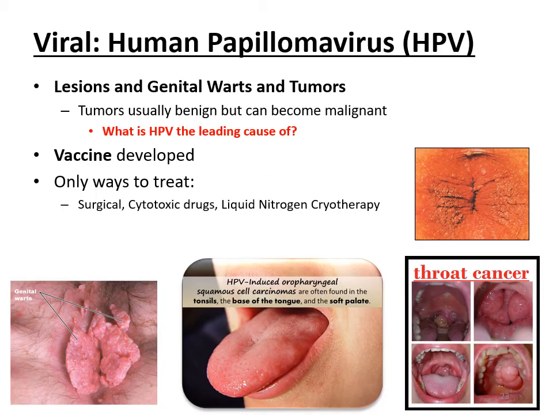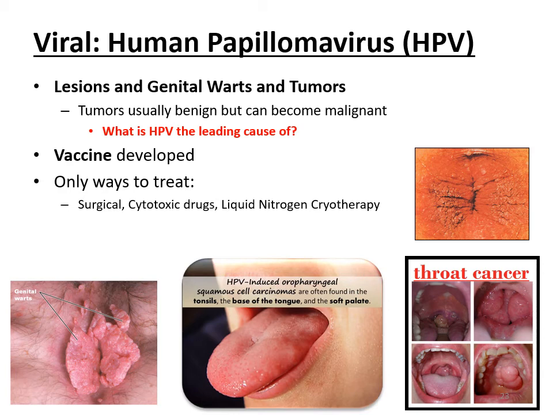Another one I want to emphasize is HPV, and I want you to circle, star, highlight the red bullet point on this slide because HPV stands for human papillomavirus. And any of the papillomaviruses, they're known for basically causing uncontrolled cell growth, which you see as warts or as tumors. Now, sometimes they can be benign, meaning they're not cancerous, but sometimes they can become malignant, meaning cancerous and problematic. Now, I want you to circle, star, highlight that bullet point that's in red, which asks you, what is HPV the leading cause of?